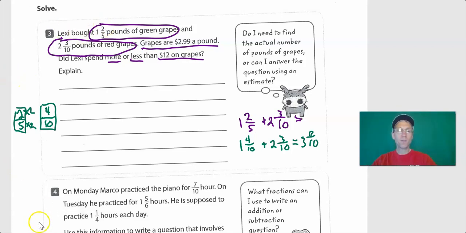Okay, so now let me fix this 7/10 part there. So now we have 3 7/10. Now,